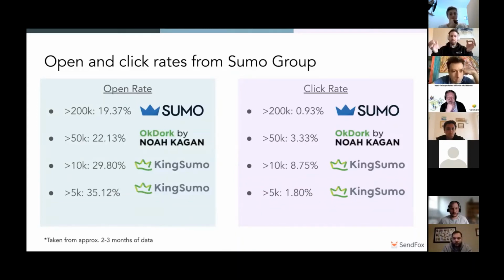This is actually pulled from 2 to 3 months of data for the emails that we sent. So we have some examples of different list sizes, and we can use these as a baseline. If your list is over 200,000, what we notice over 2 to 3 months of time is that we're seeing around a 19.5% open rate. If your list is lower than 50,000, you're seeing 22. If it's lower than 10, you're seeing 30. If it's lower than 5, you're seeing 35. So these metrics help us understand the baseline